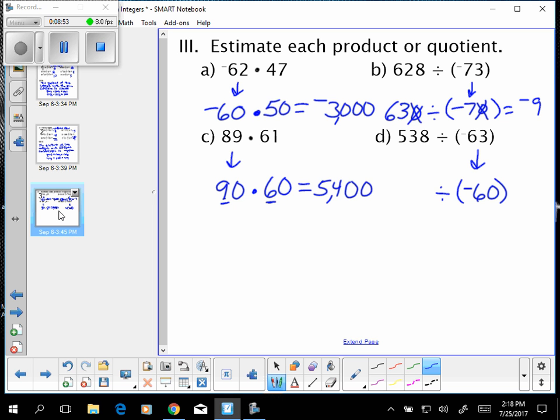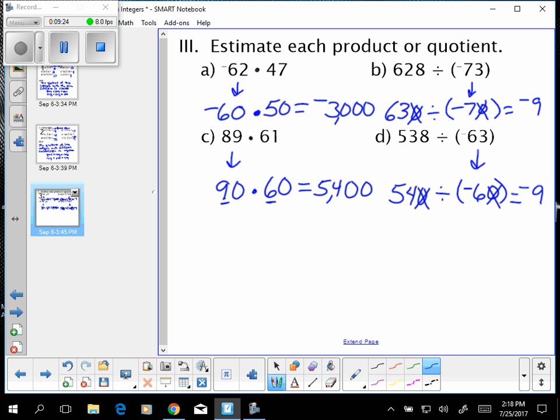Is there a multiple of 6 that's close to 53? And the truth is, yes, 54. So I'm going to change 538 to 540. Now again, I can cross off these zeros because I can reduce both numbers by 10. As long as I reduce both numbers by the same power of 10, this will work. And my answer is going to be negative